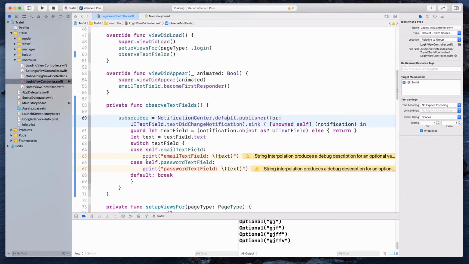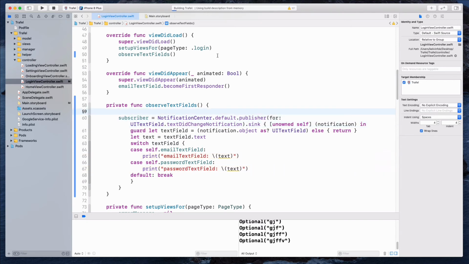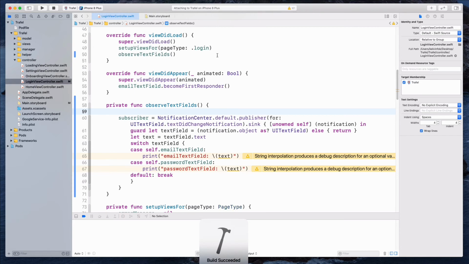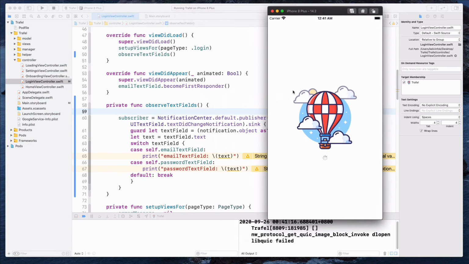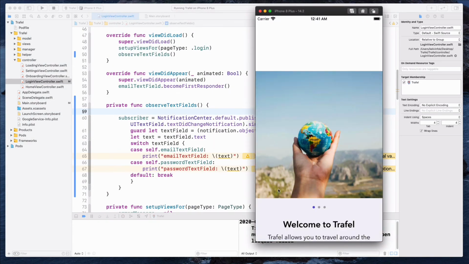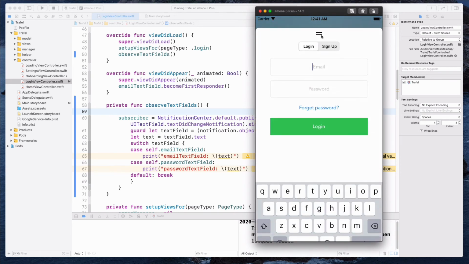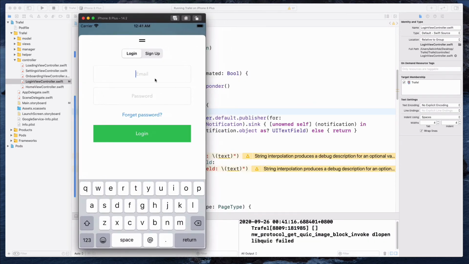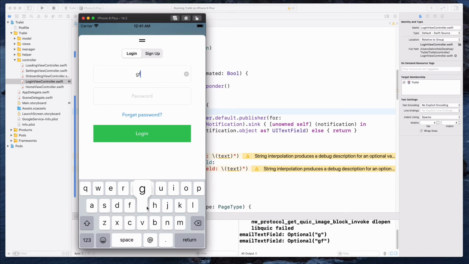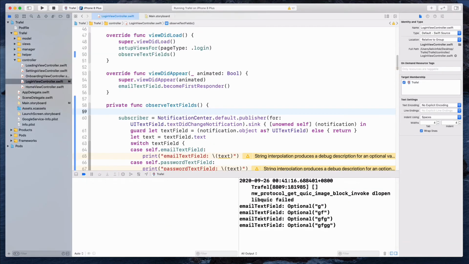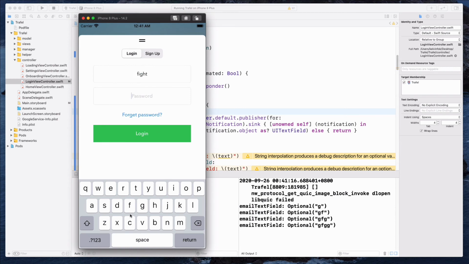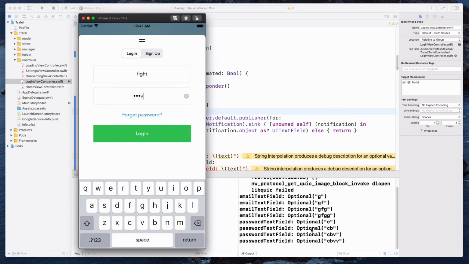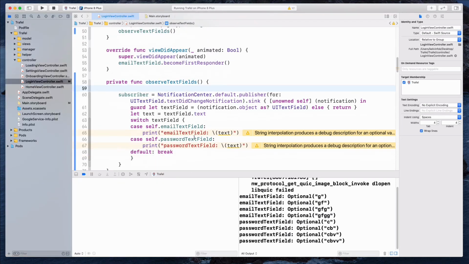Okay, so right now I've set up this, and I'm going to just run the simulator again. Let's wait a little while. Let's go to get started, and I'm going to start typing something in the email text field. So notice that this is showing up as the email text field. And then over here, as I type this, I get the password text field. So you want to make a guess what happens if I do